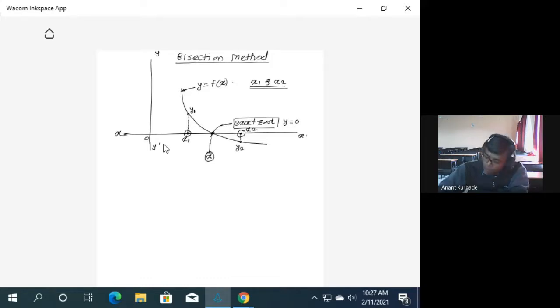Now see, these values of x1 and x2 are provided in the problem statement. So in this case, we can say these two initial guesses are correct. It is given, which means it is correct. But you have to show by using one condition, that is the convergence condition, how we can say these two initial guesses are correct.